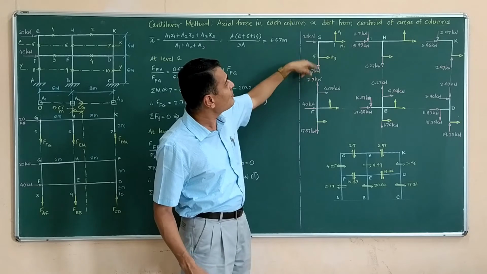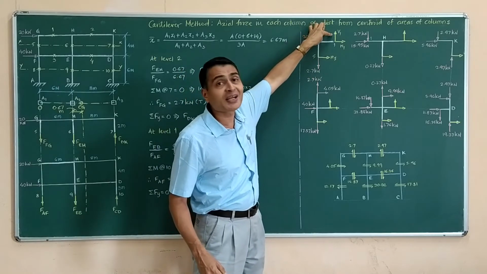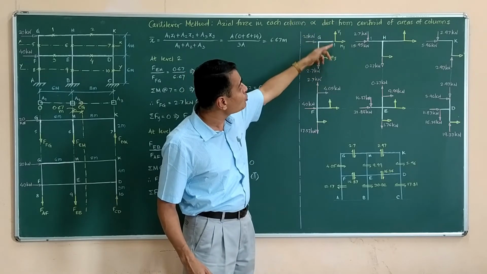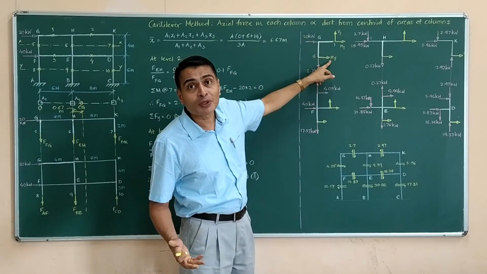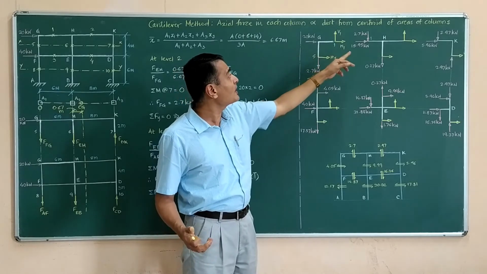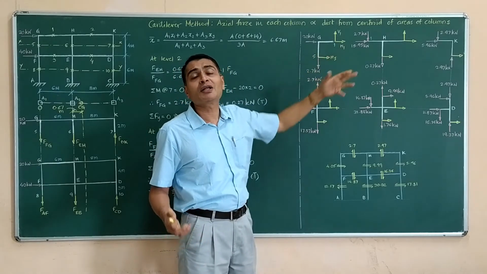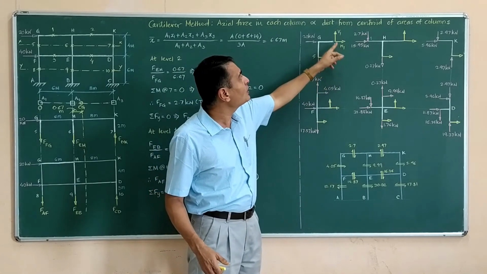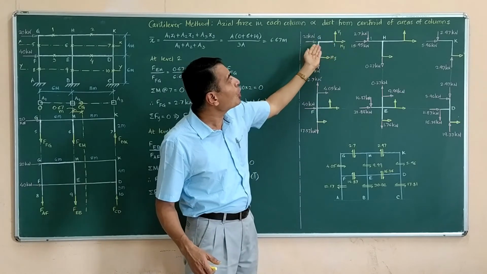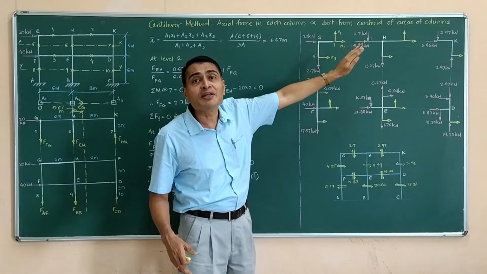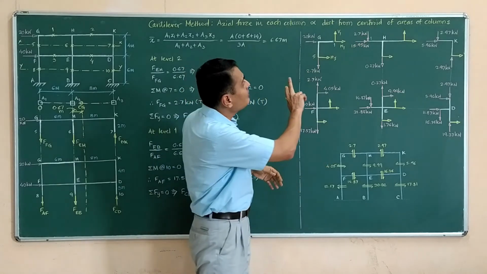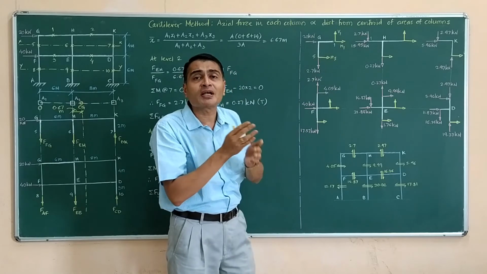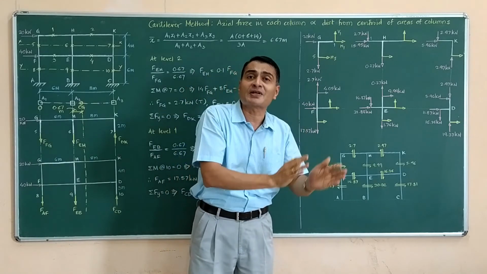I will apply sigma Fy equal to 0. I will first get V1. Then I will apply sigma m about 1 equal to 0. I will get H5. And once I get H5, I will apply sigma Fx equal to 0. I will get answer for H1. Once I get H1, V1 and H5, on the neighboring FBD, on the neighboring portion, I will be showing equal and opposite forces so that my equilibrium is satisfied, my give and take is perfectly represented.